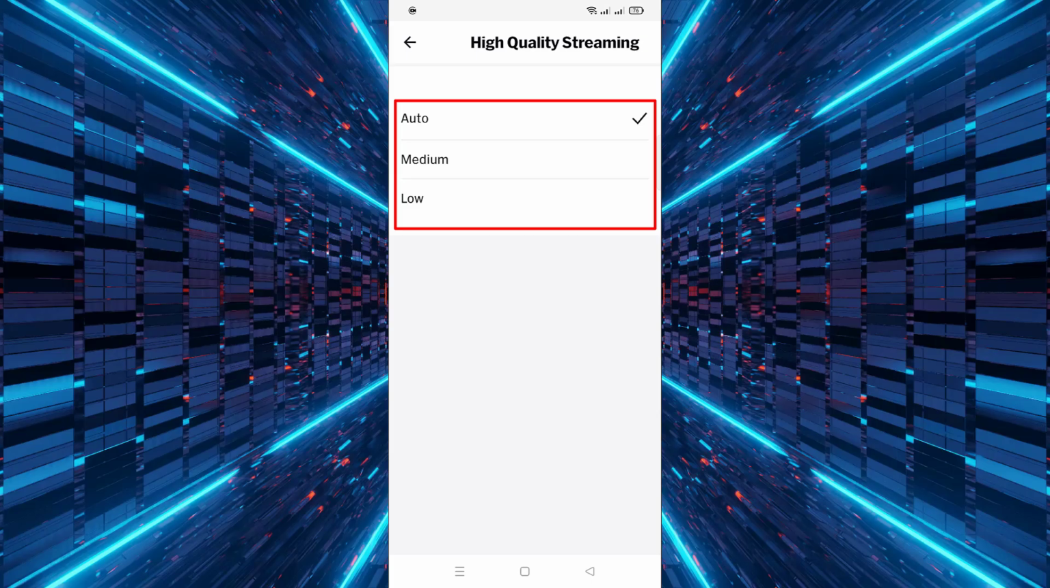Finally, select the option that works best for your situation, and the change will be applied instantly without needing to